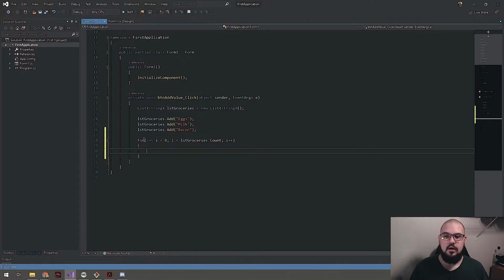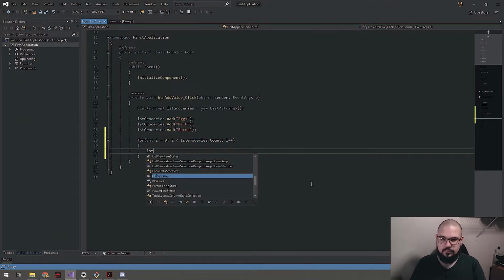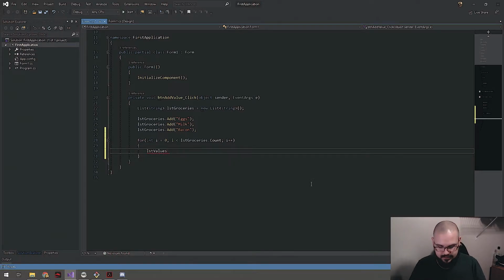So this is going to be the for loop declaring an integer of 0. That's our starting index. And as long as, this is our conditional, the value of i is less than the count of the items in the list, which is 3, we're going to increment i and do the loop again. So in this case, I can say list values dot items dot add,